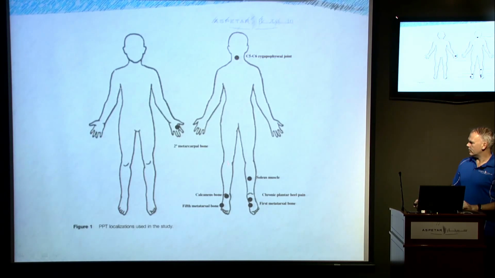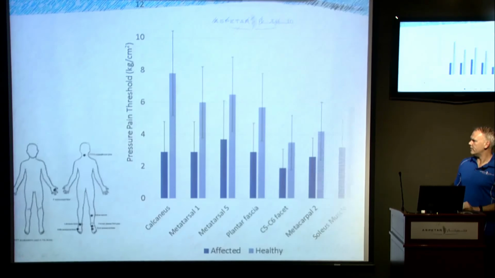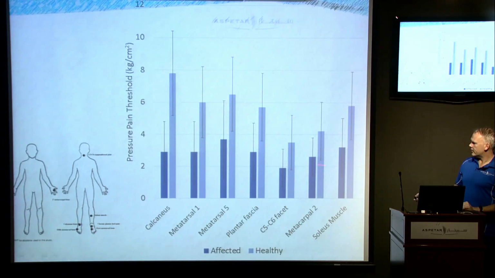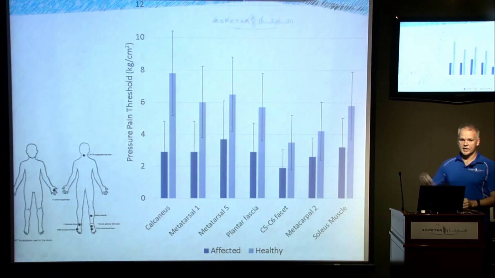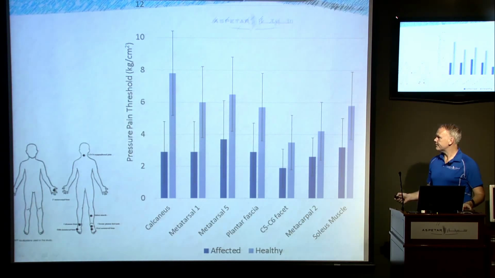And you would think that, okay, well, fair enough, you should have a reduced pressure pain sensation at the site of the pathology, injured people compared to uninjured people, but for the rest of the body this shouldn't matter. Just by having pain for a significant amount of time, at every site throughout their body, the pressure pain threshold was about halved in the people who had chronic pain compared to people who had nothing wrong with them. So you could basically push anywhere and these people will say they have pain. They'll also have altered sensation to hot and cold. They're probably going to feel differently about bright lights and loud noises, and these are going to be influenced by a whole bunch of different things.